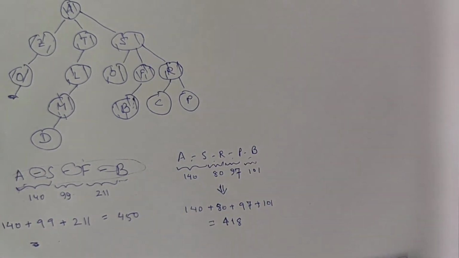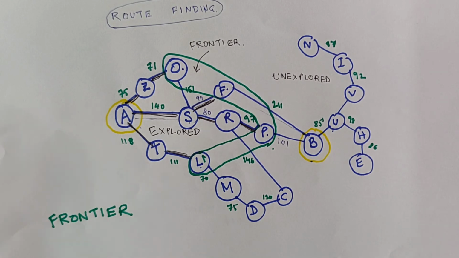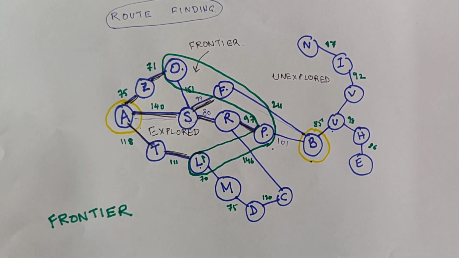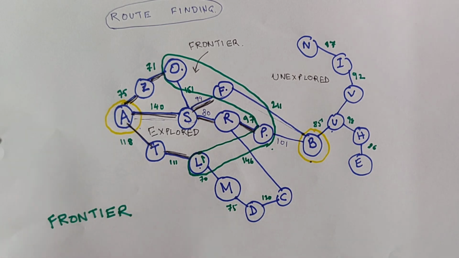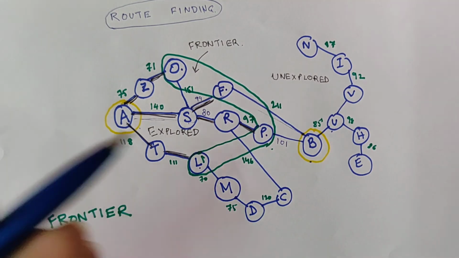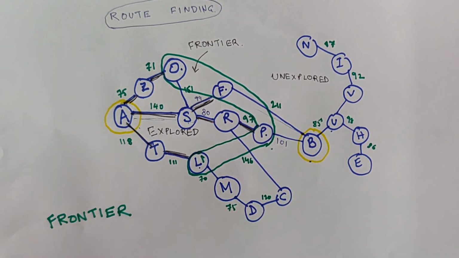But when I take into account the path costs, as I have said earlier, it may be indicative of many things. It may be indicative of the actual distance in kilometers, the road condition, the availability of fuel stations or food stations, the amount of toll that has to be paid for this trip, or the traffic congestion on this route. The path cost can be indicative of many things.